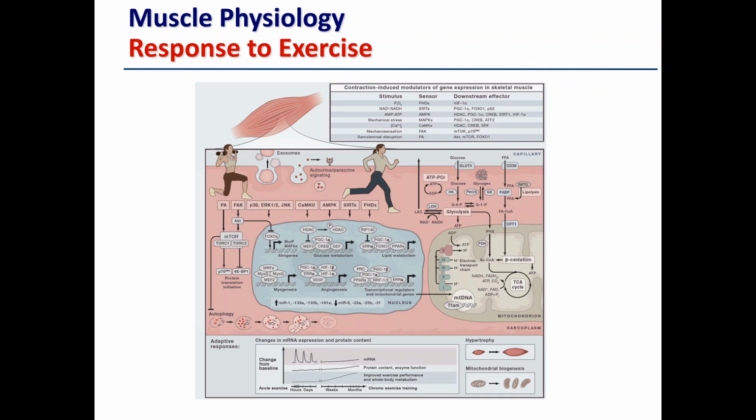So there is a good paper which I will include with the slides by Brendan Egan and Julian Zierath, kind of summarizing the overall adaptation and response to exercise in skeletal muscle, and that's summarized here in this kind of takeaway diagram. Again, like I pointed out, there are a lot of genes and signaling kinases referred to here, and you don't need to understand this level of detail for your own particular purposes. But we'll go through the overall response and what's happening. But this paper is well worth reading if you're interested.